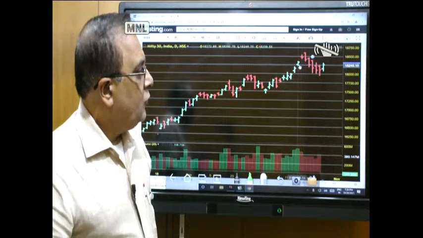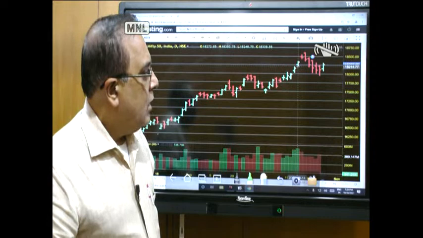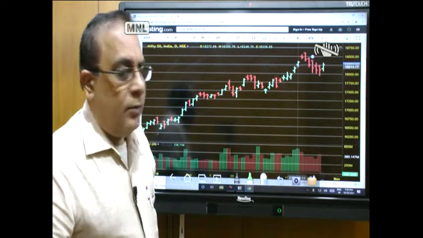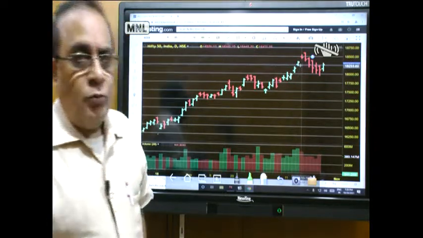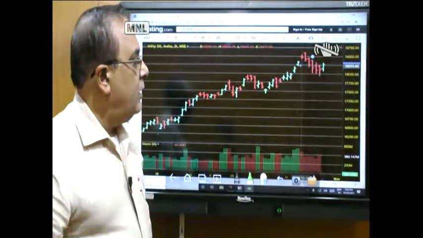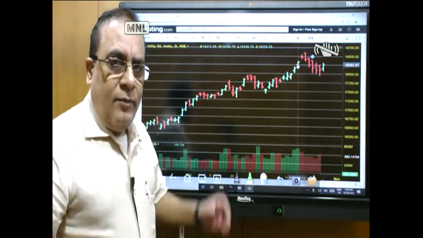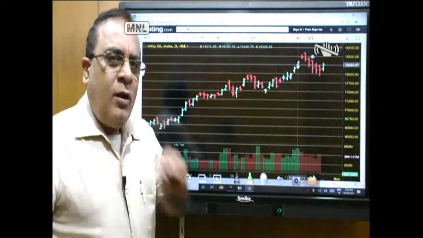Now this day also is a gap up. There was a marginal dip towards the high of the previous day, and then it just continued to go up. So how do we trade this? Now let us look at things like this, where probably we are not getting the fall at all. We are waiting for a fall. We are not getting a fall.